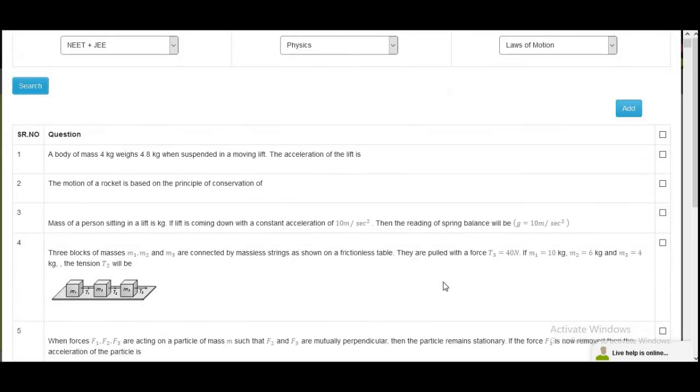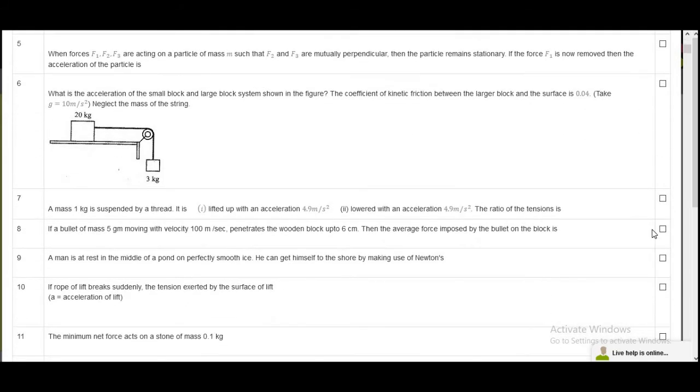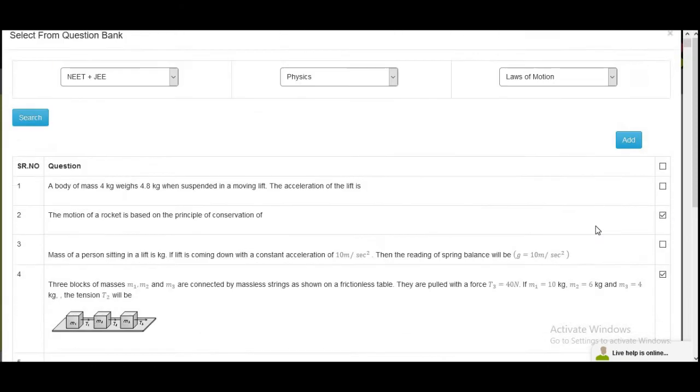Now select any number of questions which you want to add in your question paper. And click on add button.